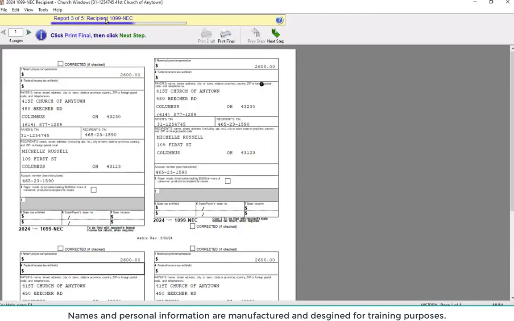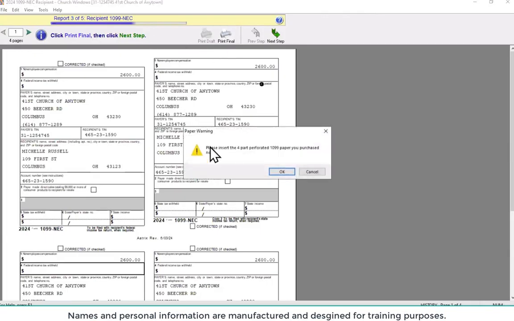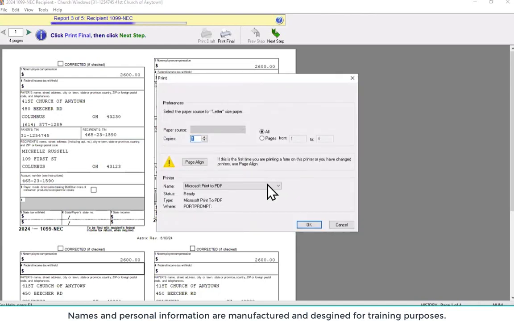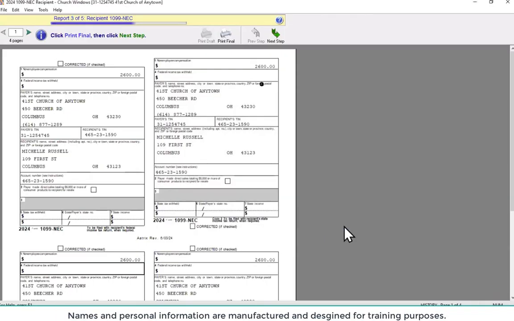All right. So again, click print final. It says, please insert 4-part perforated forms. Folks, you don't need those. If you have them, great. Albeit there might be some alignment issues with those, but you don't need to. They can all be printed to plain paper and distributed. Print them. Again, don't click next step until you've grabbed it off the printer. 4 pages, all 4 of my contractors, 1 contractor each page. Next step,